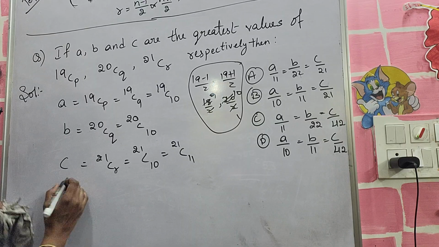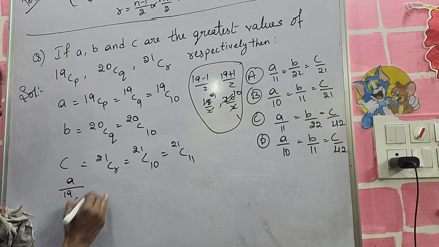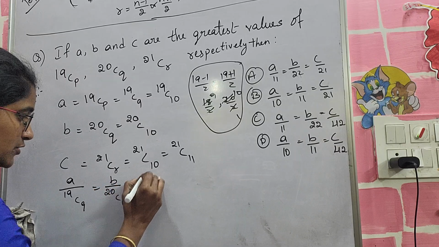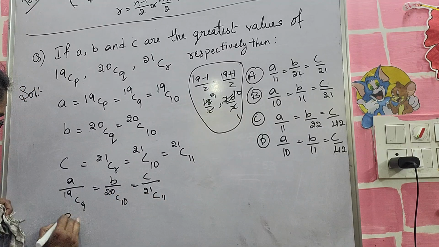Once again I'll write it. A by 19C9 equals B by 20C10 equals C by 21C11. Okay, now A by